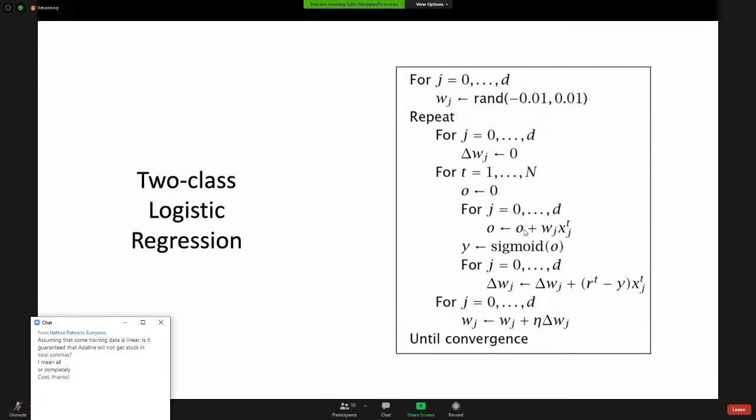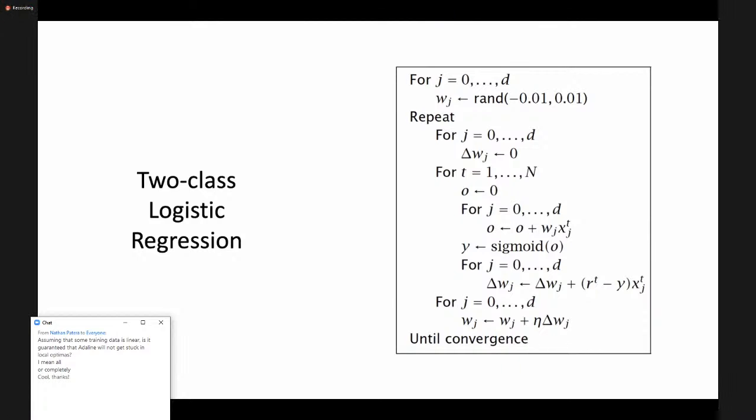So the first thing we're going to do is initialize our weight vector with random numbers. In this particular case, it's showing random numbers between negative 0.01 and plus 0.01. There's actually good reason for keeping those values close to 0, but not equal to 0, in that if they get too large, when we start dealing with these sigmoid functions, it can lead to what's called node saturation, where we end up pushing the values way out into the tails of that sigmoid, close to 1 and 0, and it's very difficult to recover from that. So this is getting it into a fairly decent part of the weight space to get it started. All right, and then we enter a loop.